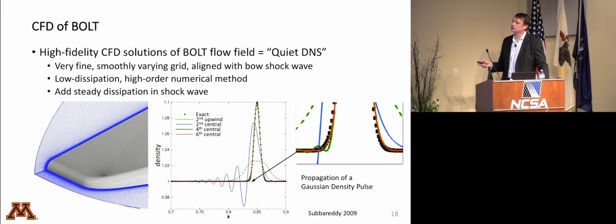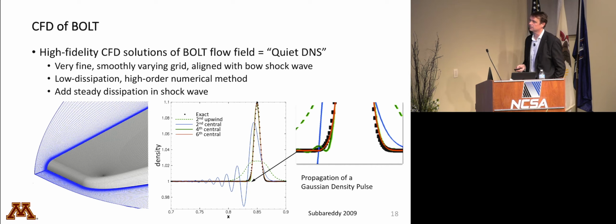And we call it quiet in the same nature as quiet hypersonic wind tunnels. Quiet hypersonic wind tunnels are designed to have laminar boundary layers on the nozzle. They have very low disturbance levels, two orders of magnitude lower disturbance levels in the free stream than conventional wind tunnels. And so they call themselves quiet wind tunnels. So we thought we'd call our simulations quiet DNS. I'll try to convince you that that's not really too much of a lie,